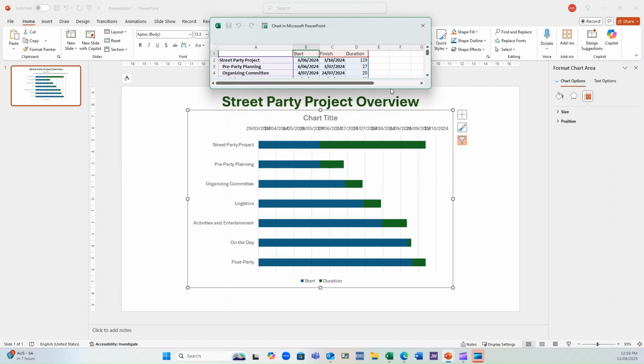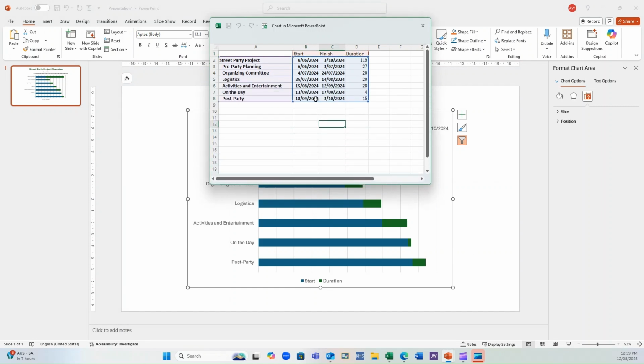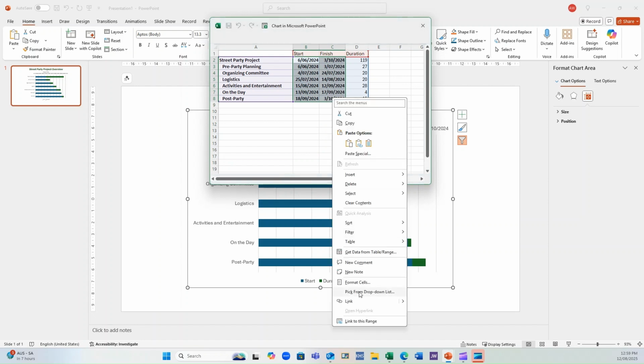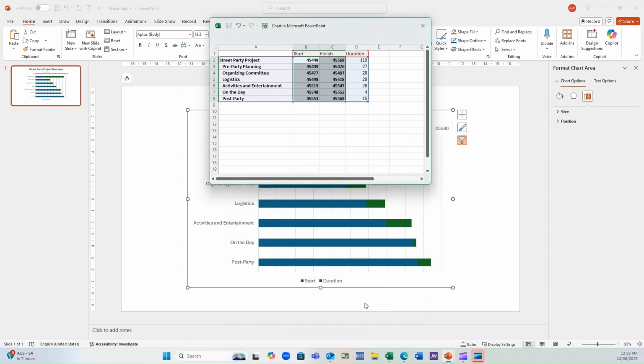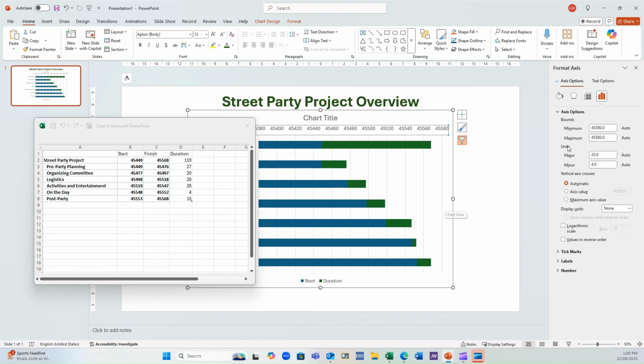We go back to our edit data and we're going to convert these dates into numerals or numbers. So we'll go and format those cells into a general number. Now click OK. So now getting back to our minimums and our maximums, by right clicking on our x-axis, we